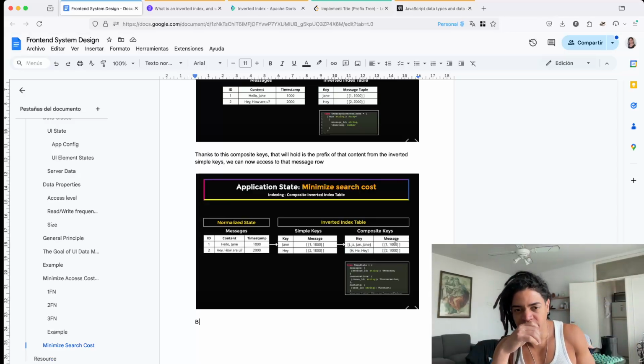So the inverted index table may become large. For instance, we may have already 1,000 of messages in each conversation thread, so we don't want to blow the memory of the device. So the way we can optimize that is, right now we have the conversation with John, but we